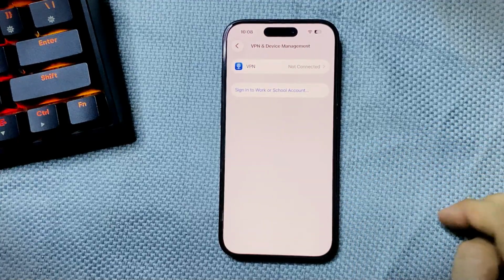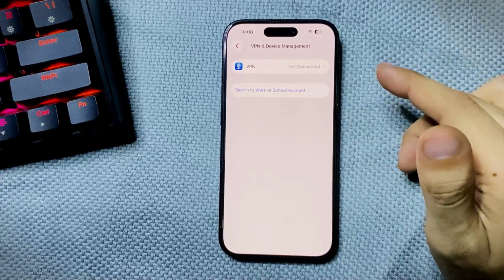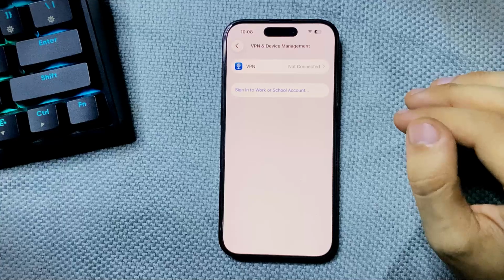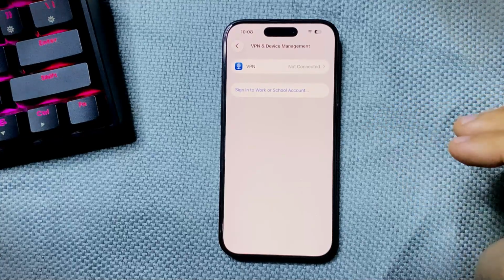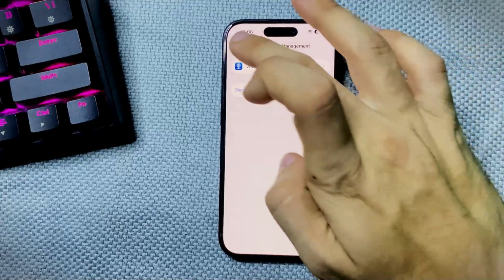Check whether a VPN is connected. If it is, turn it off. Sometimes a VPN remains connected but stops working properly, which can slow down your internet connection or prevent internet access altogether. If that doesn't solve the problem, go back to Settings,